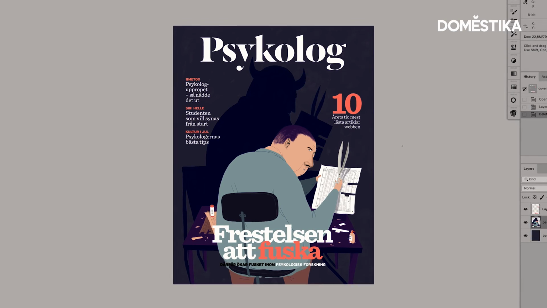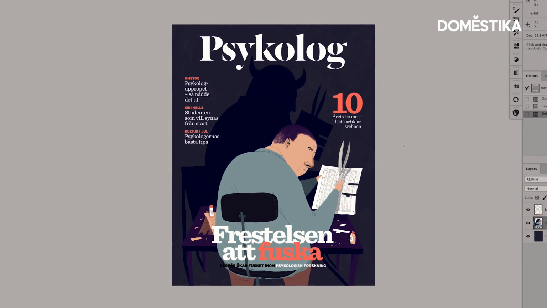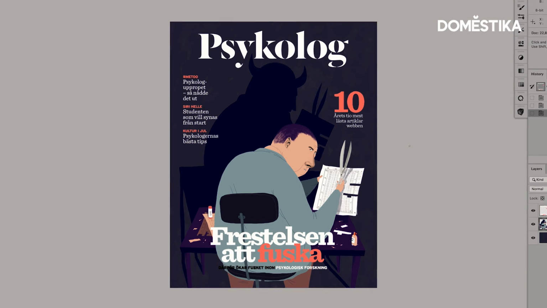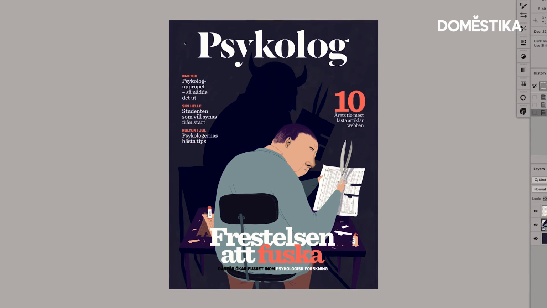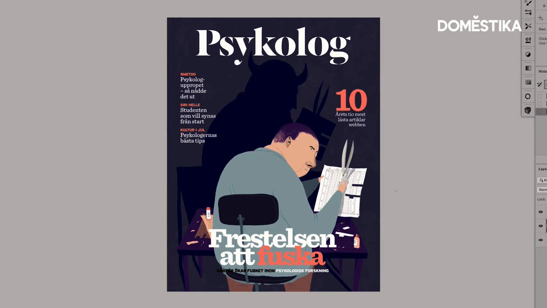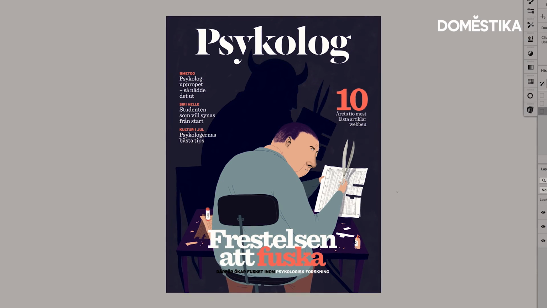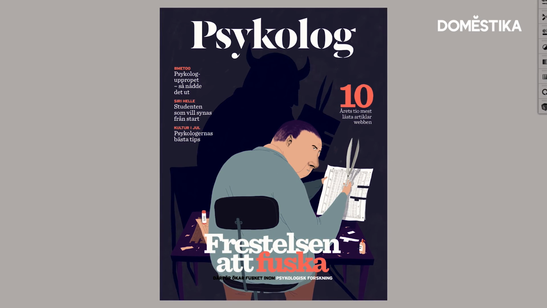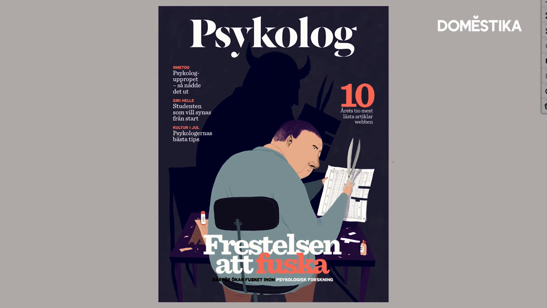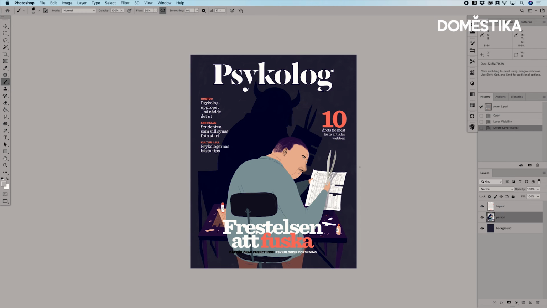This illustration kind of shows why it's important to get the layout beforehand, if it's possible, because then you can adjust this horn here, or you could adjust the illustration to the text. So these are my thoughts on layout and why it's important to let the illustration and text balance each other out.